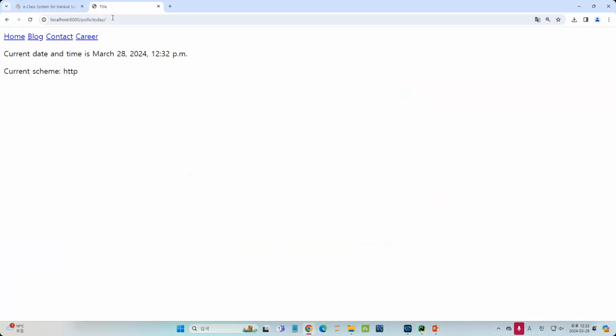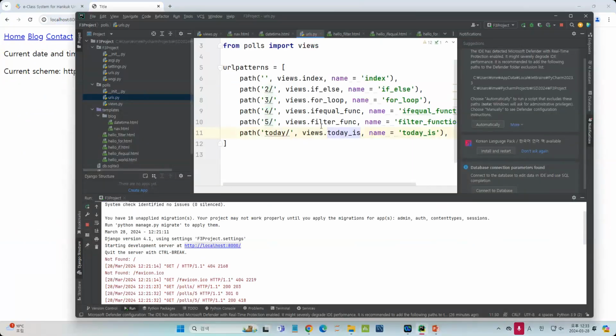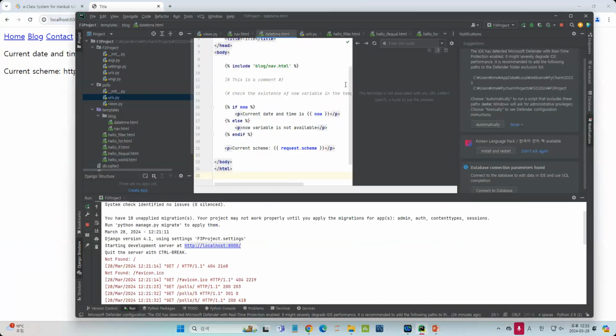The nav.html is the header. And then when I want to create this content, I want to include the header. Okay. So you can see in the date time,